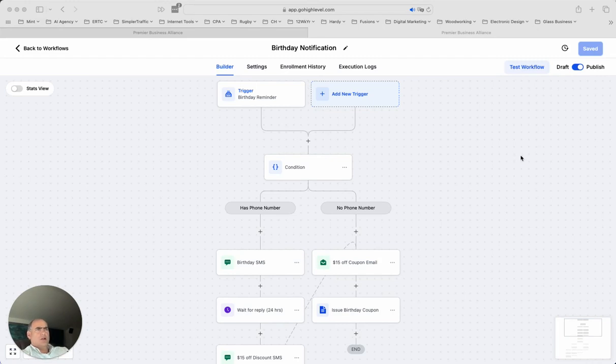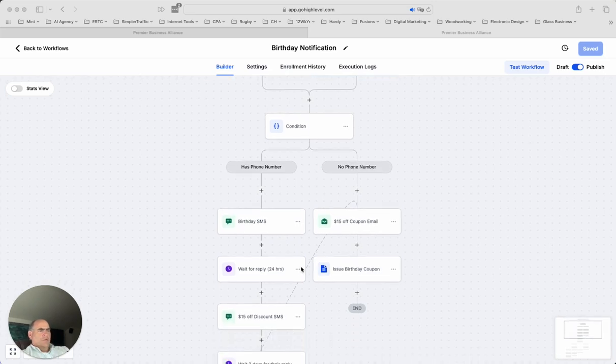Today I'm going to go over an idea that I had for a birthday club for a business that we own. We're doing a birthday club, and one of the things that we do is send out a notification around their birthday. A couple weeks before their birthday, we send out an SMS, or possibly, if they did give us a phone number, then we jump over here to just send them the offer, which in this case is a $15 coupon email.